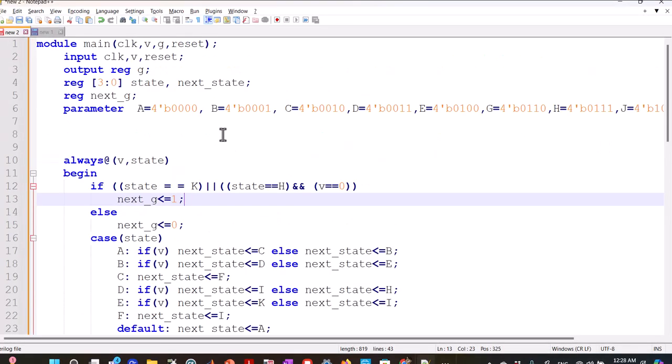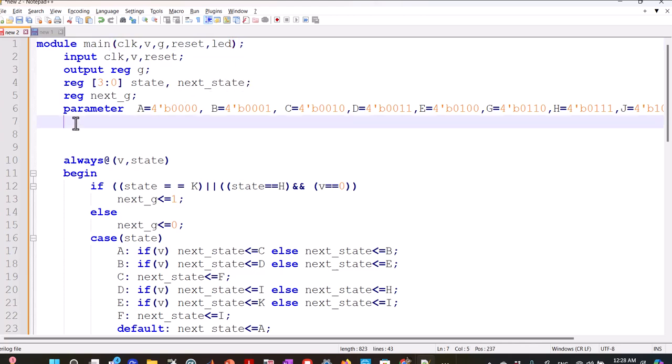But if you do it, then you'll need to make sure that you have as an output LED, and your state is 4 bits, so this would be output reg [3:0] LED,